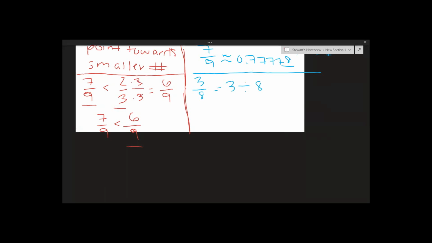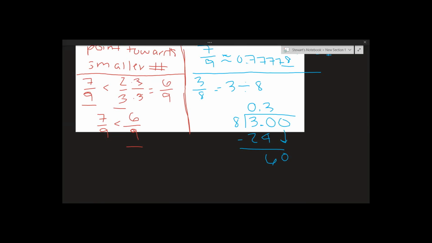So 3 goes in the division house, and 8 goes outside. 8 can't go into 3, it goes in 0 times, so make note of where that decimal point sits. And then add a 0, as we did before. So now we're considering 8 going into 30. Well, we know that 8 can go into 30 3 times. 3 times 8 is 24. When you subtract that, you get 6, but 8 can't go into 6, so you have to add another 0,